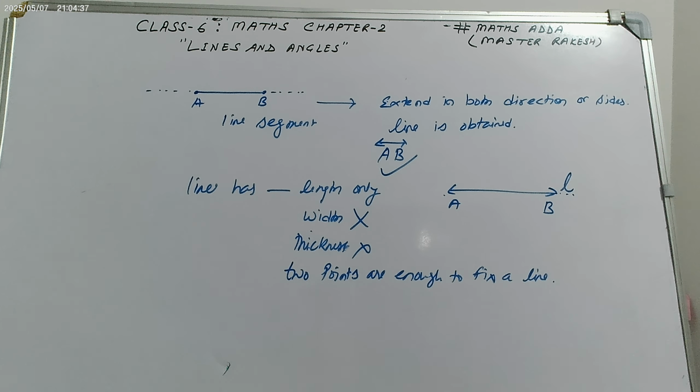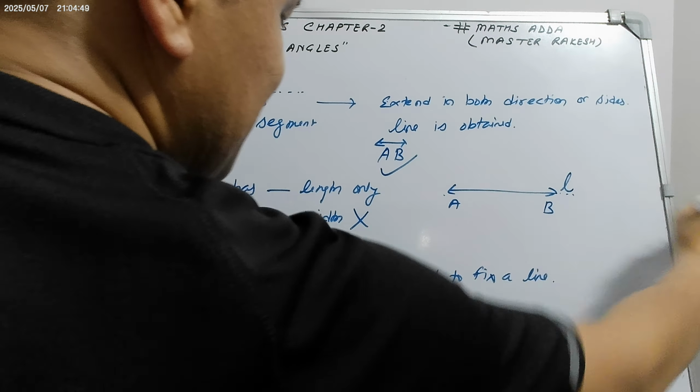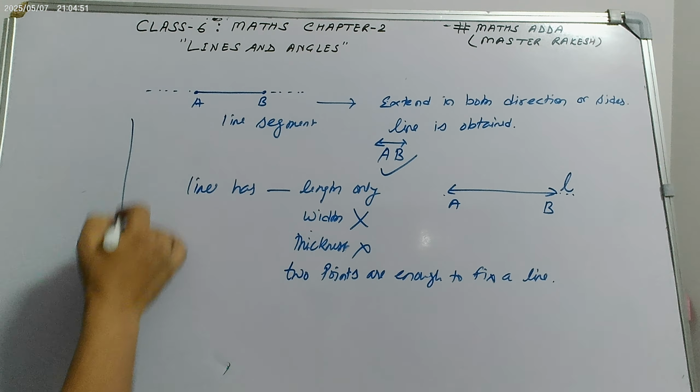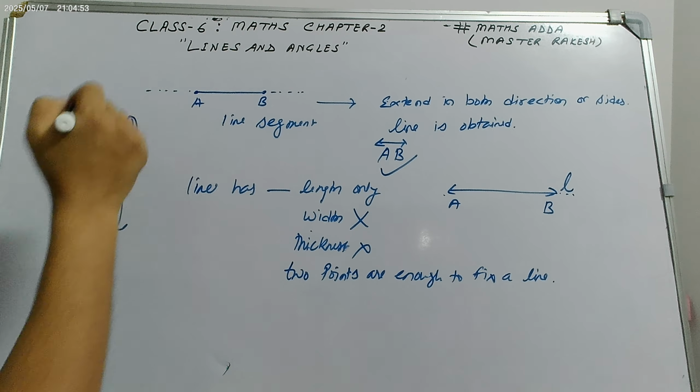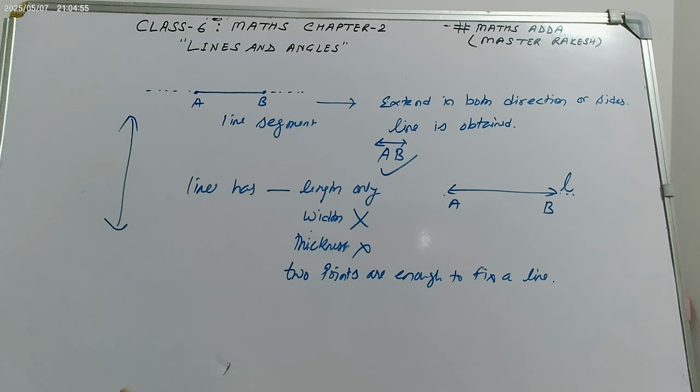An endless line can be drawn on paper by using 2 arrowheads, one at each end of the portion of the line, which indicate that it extends in both directions indefinitely. So a line is going in this direction also, this direction also, and like this also, top to bottom. So in both directions it is going. So the line is endless. Okay, an endless line can be drawn. So this is all about the line.